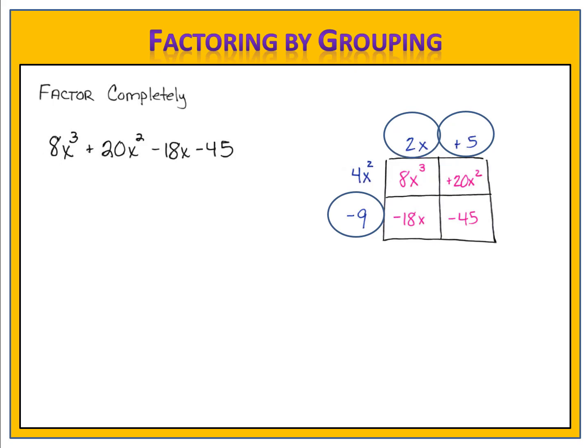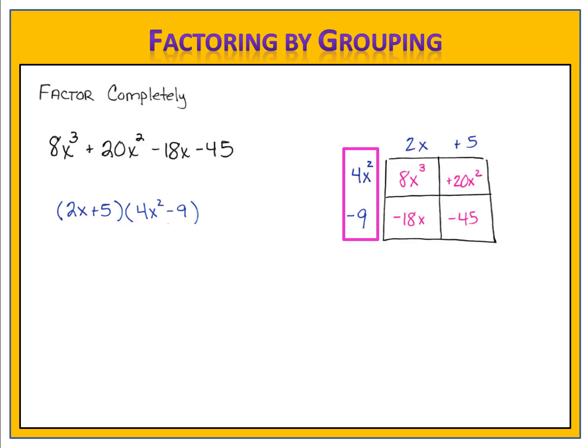Finally, we can check by using the multiplication of our final two numbers. Negative 9 times positive 5 equals negative 45. That's true, so we must be on the right track. Now we have our two factors, 2x + 5 as the first factor, and 4x^2 - 9 as the